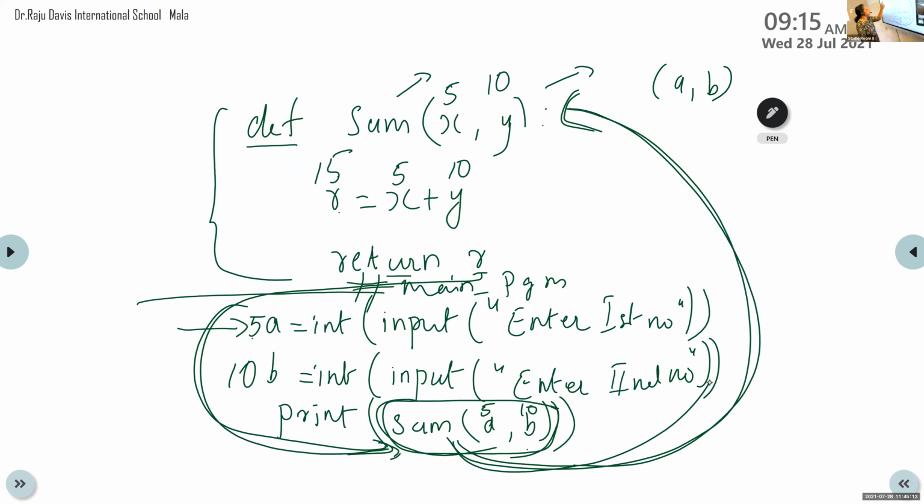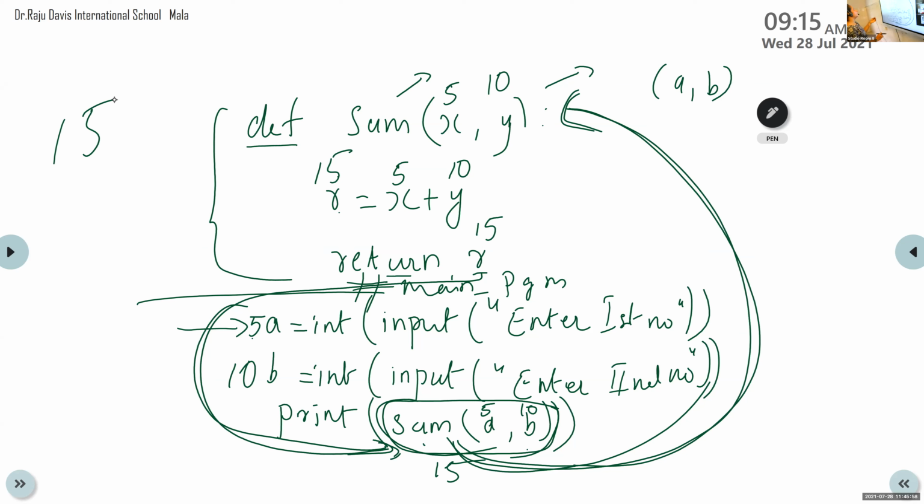So 5 is assigned to x and 10 is assigned to y. Then it will calculate the operation, r is equal to x plus y, with values 5 and 10. So 5 plus 10 is 15, and return r means the content of r, 15. The 15 is returned to the function call. So here instead of sum of a comma b, the value is 15. So print 15. The output will print 15. It replaces sum of a comma b with the returned value. Is it okay?